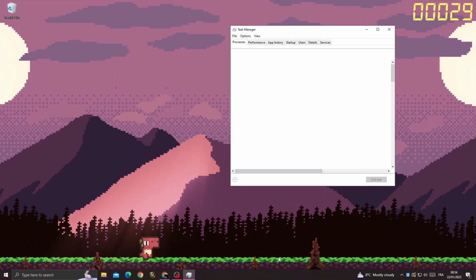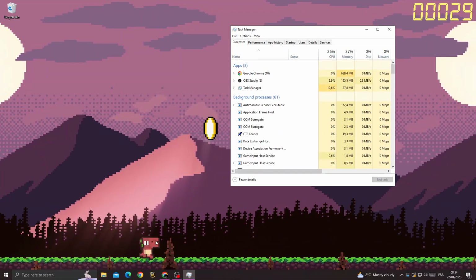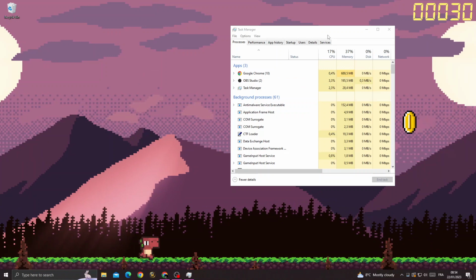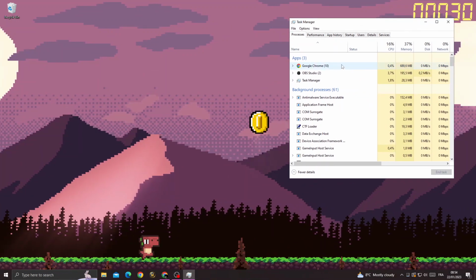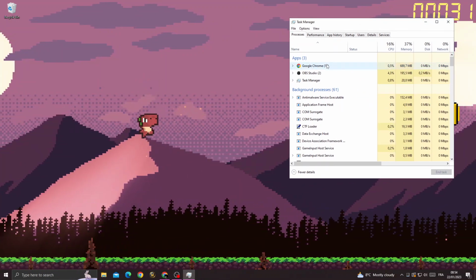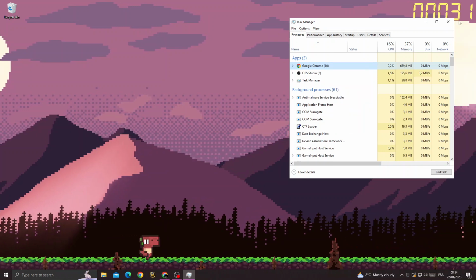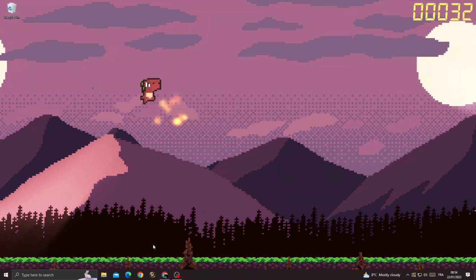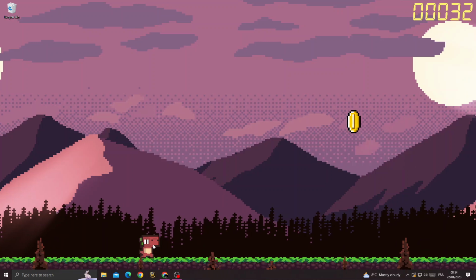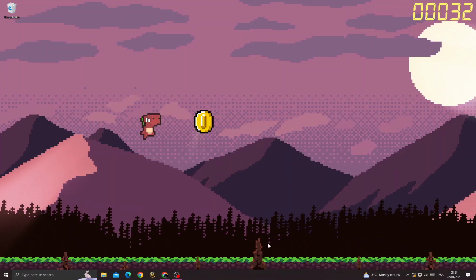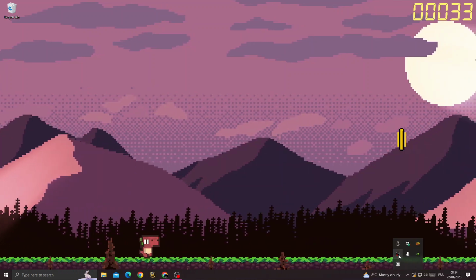go to task manager and close all the applications that you don't need here, like Google Chrome. Just right click on it and click end task, and that's it. Now just try again and you will find that your problem is fixed, and if that doesn't fix it, just close the applications here that you don't need